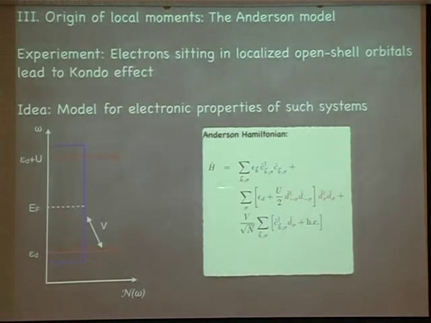We have here the band electrons, again some dispersion. I don't care, that doesn't really matter in most cases, times the number operator. Here we have our impurity, epsilon d is the position of the level. If you put a second electron with opposite spin, otherwise Pauli would forbid it, you have to pay an energy U. And of course, you need the hybridization, that is, a band electron can transform into a d electron and vice versa. That's the Anderson Hamiltonian. It looks as simple as the Kondo model, a little bit more complex because you now have charge degrees of freedom, but otherwise it's not very complicated either.